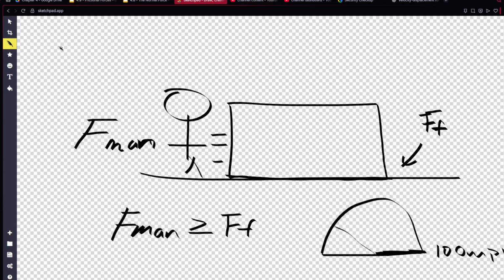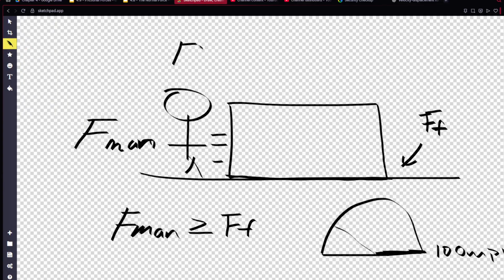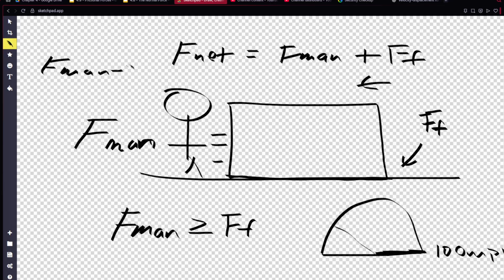So in other words, this is the amount of force that the object is pushing back on the man. But remember, the net force is just going to be Fman plus FF, and FF is technically negative since it's going in the left direction. So I guess you could write it as Fman minus FF. And once the man overpowers the friction force, so let's say this is 2 and 1, that means we're pushing with the 1 Newton